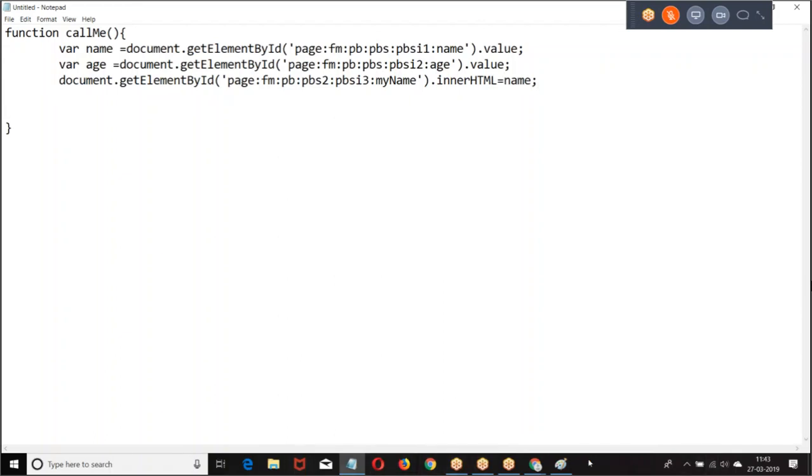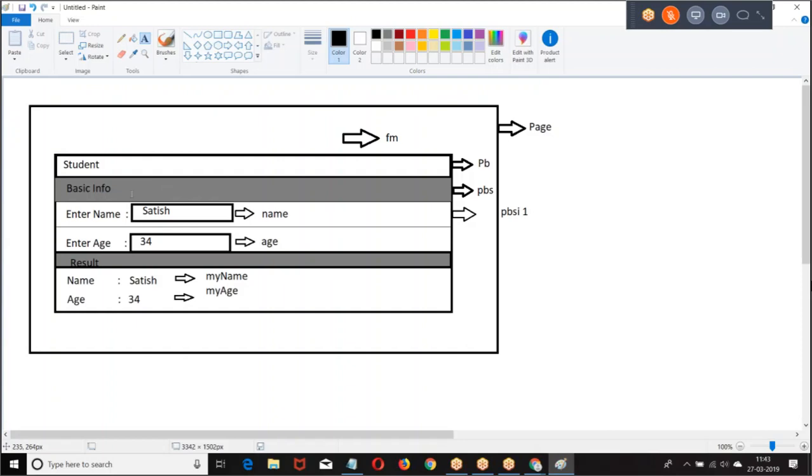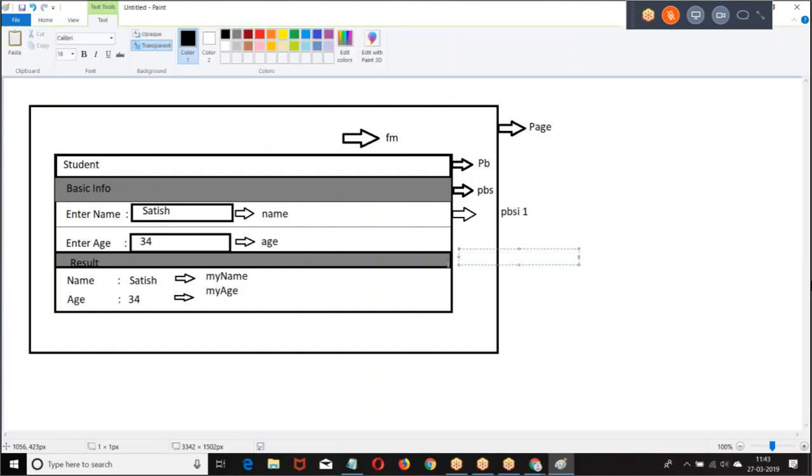Because we had another section. This is section 1, this is section 2.